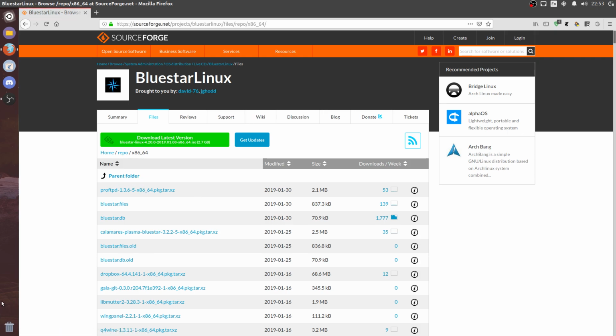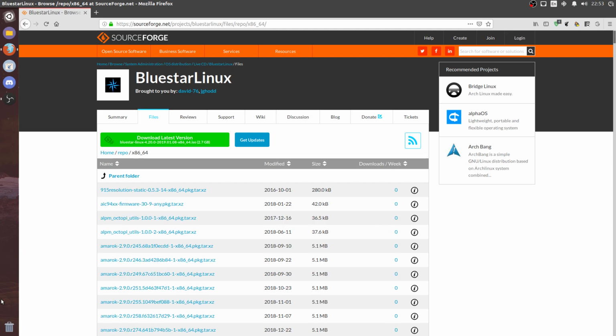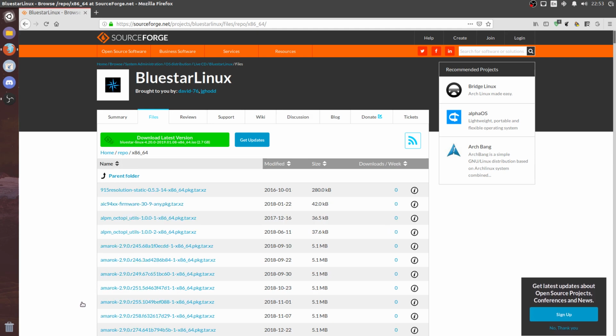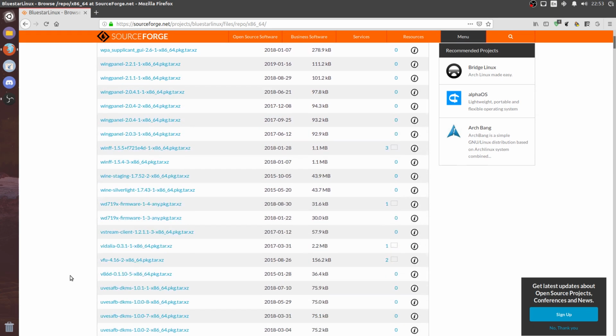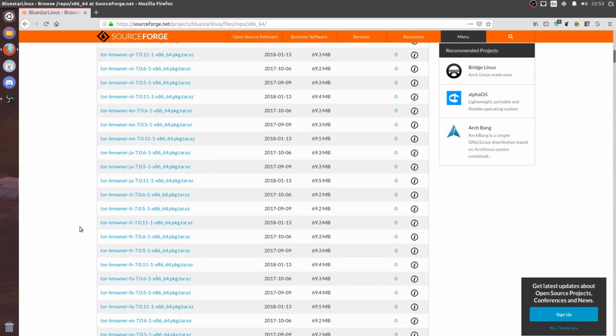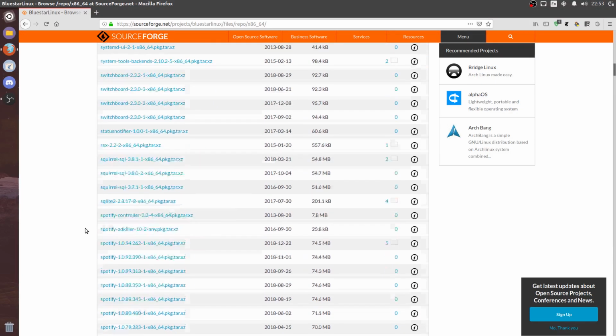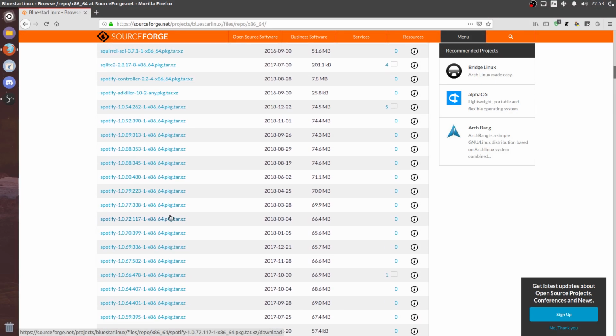Click once on this. Once more, so that it shortens your time of searching. You scroll down a bit until you see Spotify. Let's see Spotify, yeah. Alright, so either this or this is going to work. I prefer this, I have this installed, but you can go with either. I would just say don't go with the newest Spotify because whenever you try to listen to something, it's going to limit your